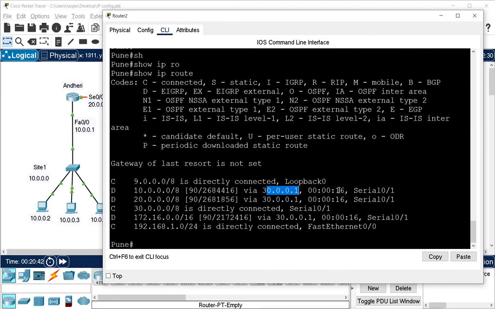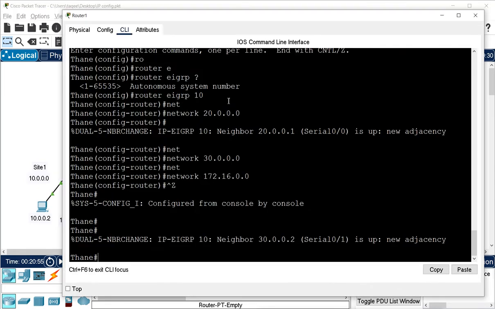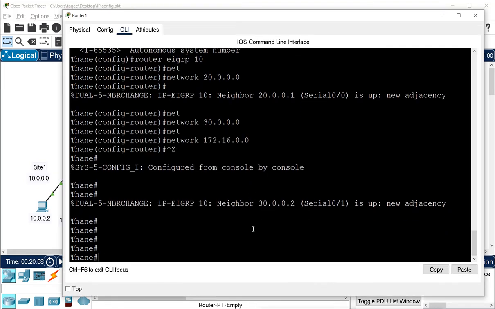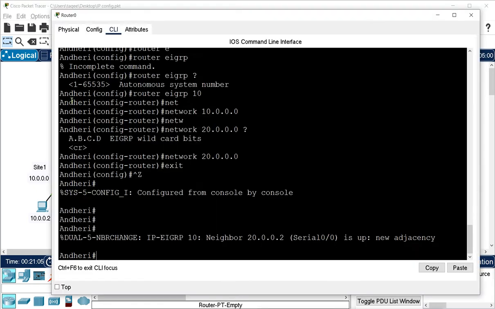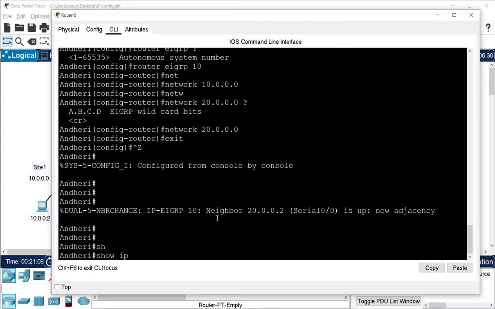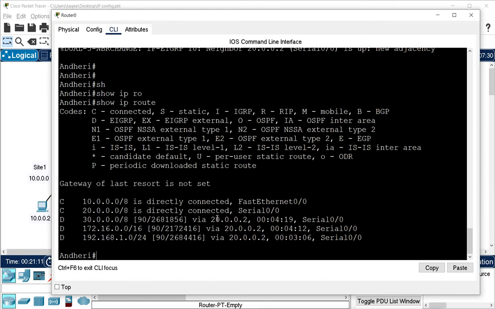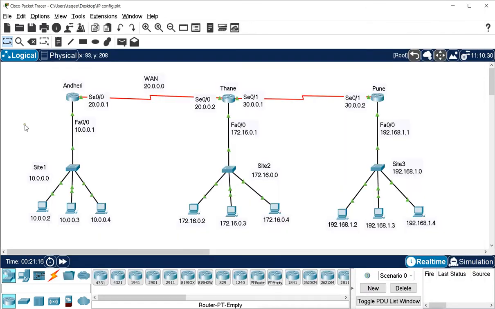It gets the information, and the information is 16 seconds old. So after a period of time, it is going to send the update, and it will send only the incremental update. Now this is this router, and we can see in all the routers it is configured. We can check show IP route. It is configured. It knows all the networks here also. Then on this router, also it knows all the networks. So EIGRP is now configured on all these networks within a single autonomous number.